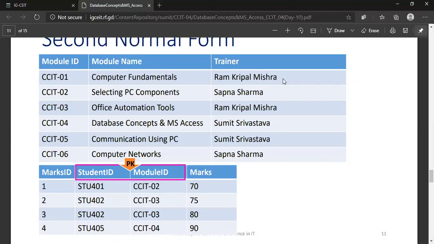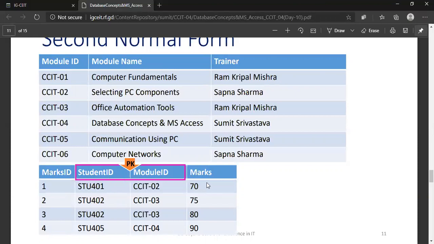There is no partial dependency. Now, if you see in the first table, module ID is the primary key and the remaining two columns are fully dependent on module ID. Similarly, in this table, we have student ID and module ID as the primary key.